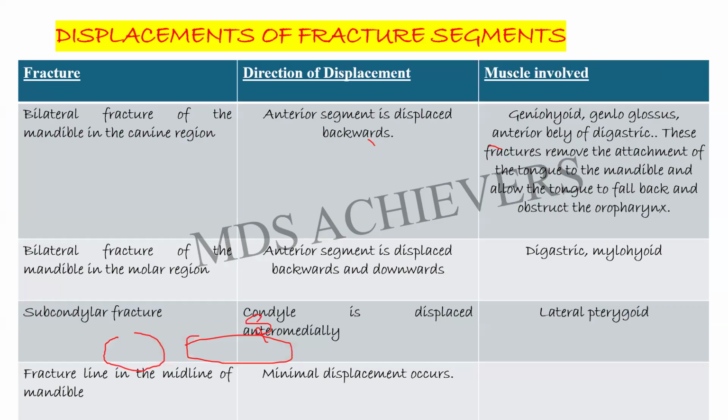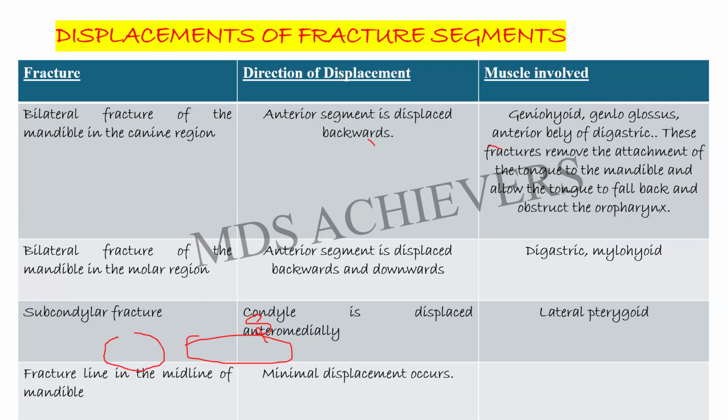Coming to the displacement of the fracture segments, a bilateral fracture of the mandible in the canine region: the direction of displacement is going to be backwards. That is, the anterior segment is displaced backwards. The muscles involved are geniohyoid, genioglossus, and the anterior belly of the digastric muscle. These fractures remove the attachment of the tongue to the mandible and allow the tongue to fall back and